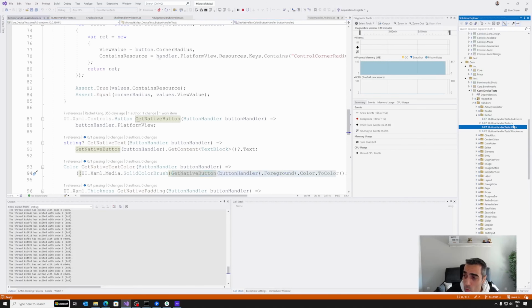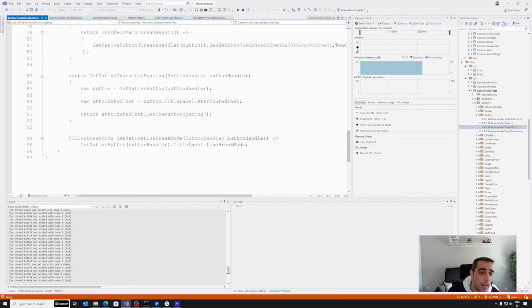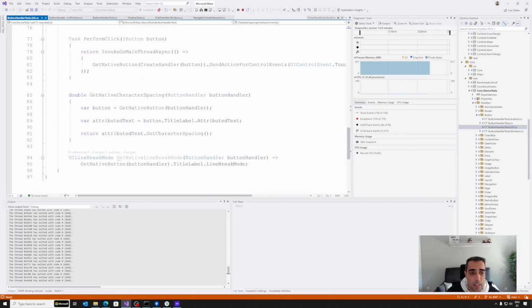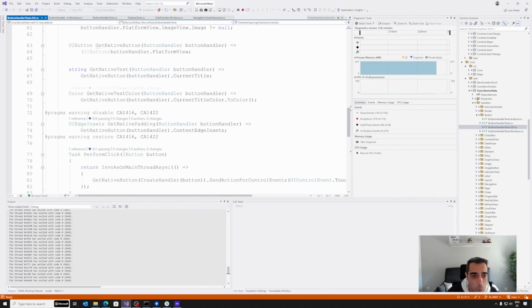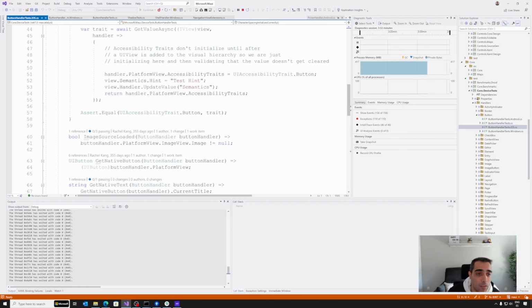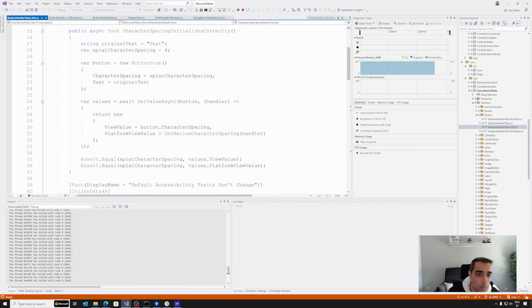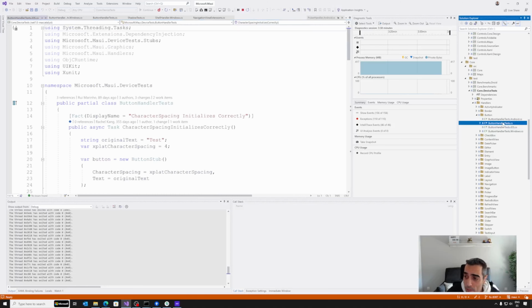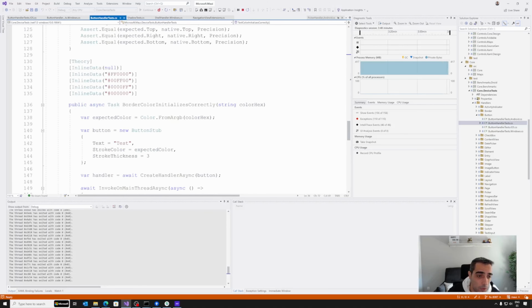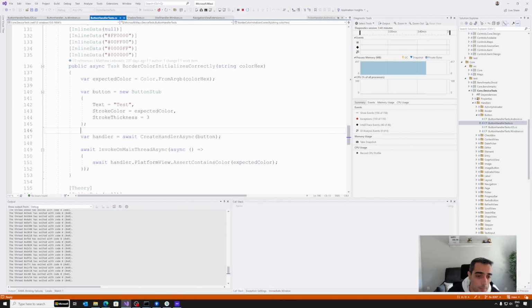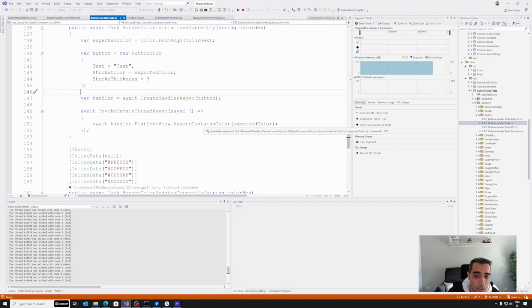For example, if we go to iOS, we have get native character spacing, get native padding, get native text, get native whatever to validate different properties. And in other cases of properties, like for example, background colors, gradients, etc., what we have is something like this. For example, here we have colors, and we have some extension methods like assert contains color that will just